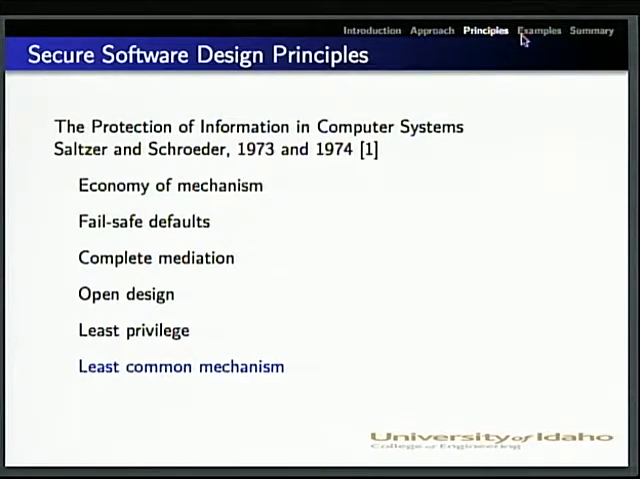Least common mechanism, and here is where you see a clear example of how these principles conflict with each other. And that's why it's so hard to develop systems that comply with all these principles at the same time. Least common mechanism means that you should minimize the number of entities that are common to your whole system. For example, the Apple case that I'm going to describe in a minute